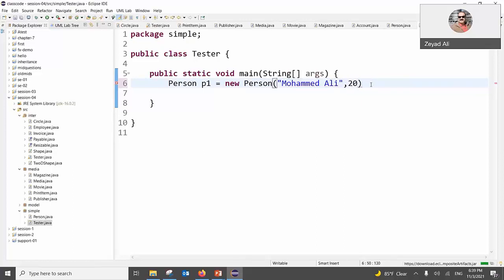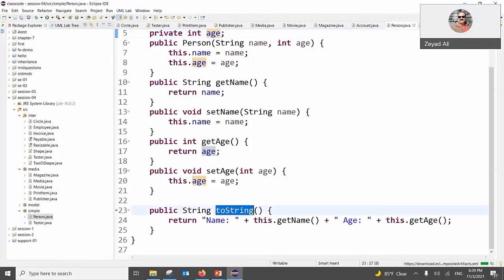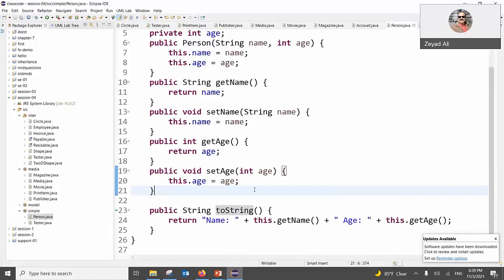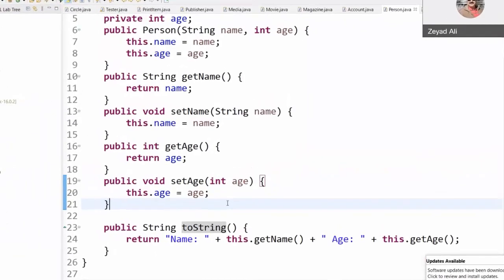If you go back to the person class, you see I added toString. toString is inherited from the object class. And when you just call sysout and print a person object, the toString method will be called.